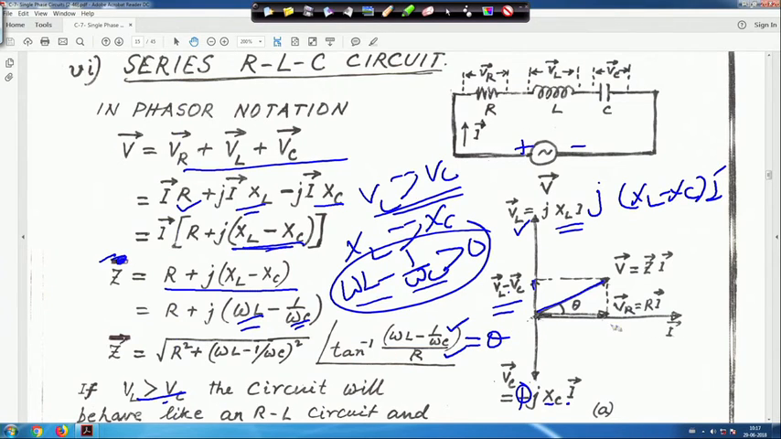So the phasor diagram will be like this. This is your resultant on this side, because XL greater than XC means VL greater than VC. This is the resultant portion VL minus VC, and this is theta. That means this circuit behaves like an inductive type circuit. Similarly,